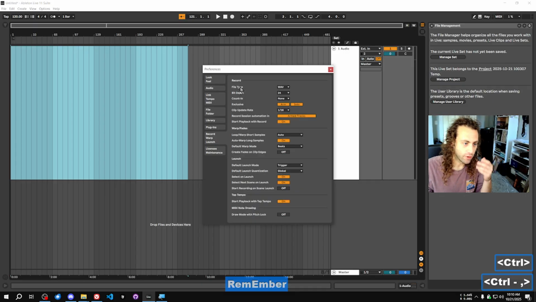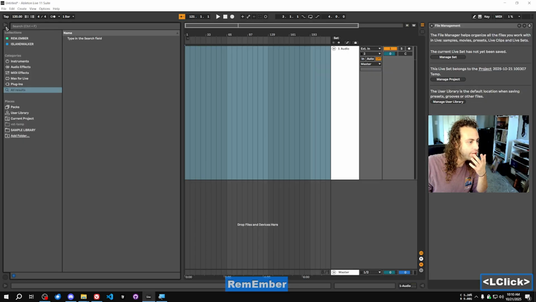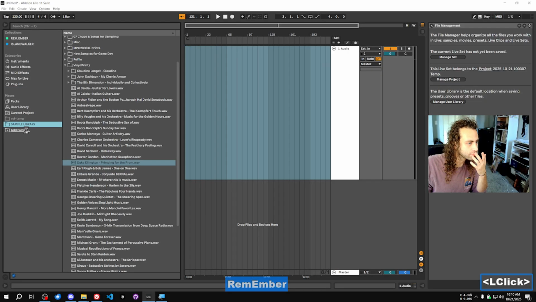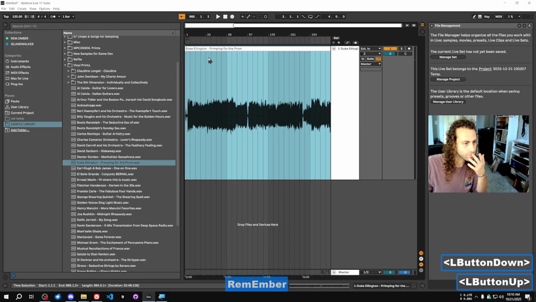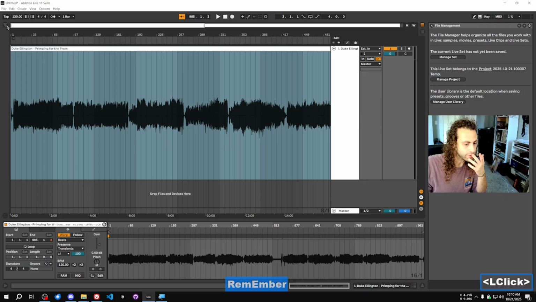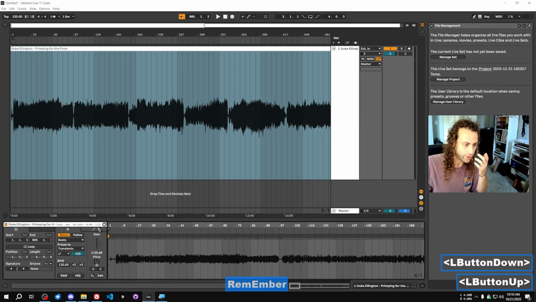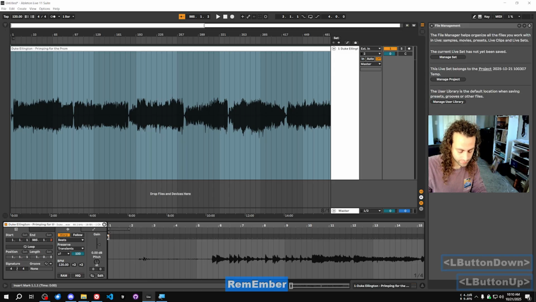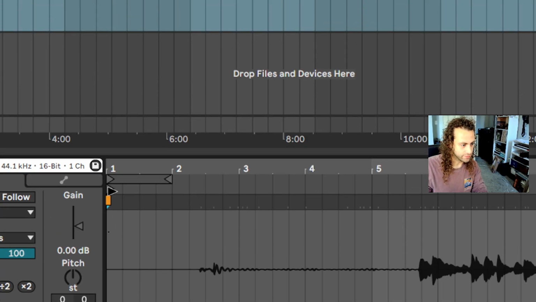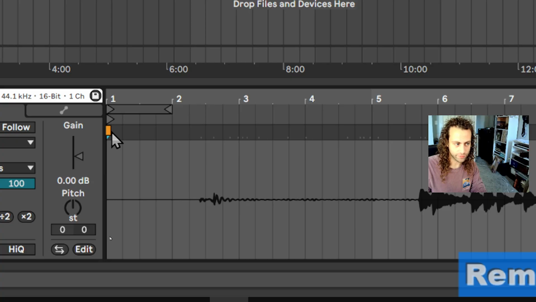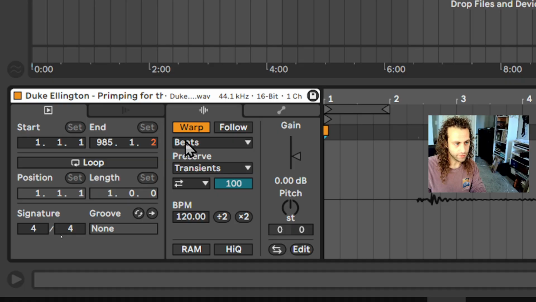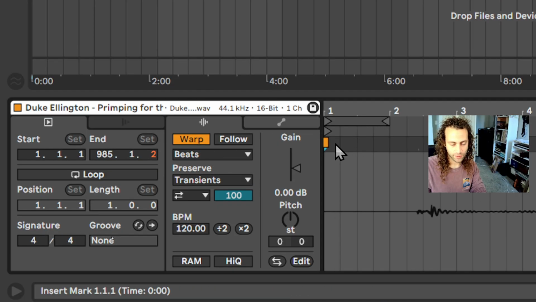So if you go Control comma and then auto warp long samples, now when I drag this guy in, you'll notice it just puts one warp marker here at the very start, and that's what this yellow thing is. I think that depending on the theme that you have enabled, this will be a different color. So it could be green, it could be orange, but I'm just using the theme that has yellow warp